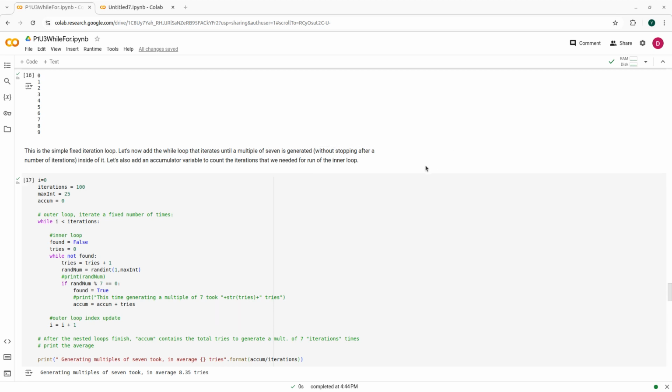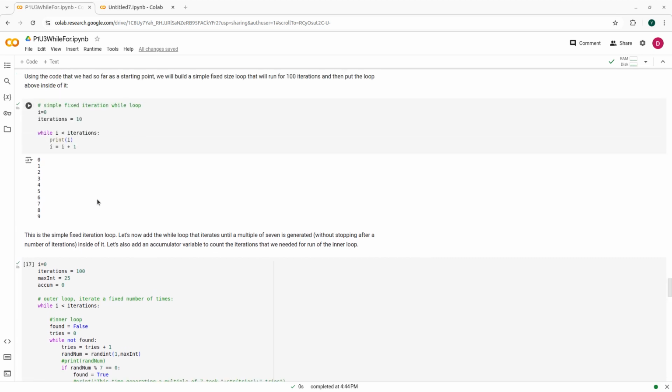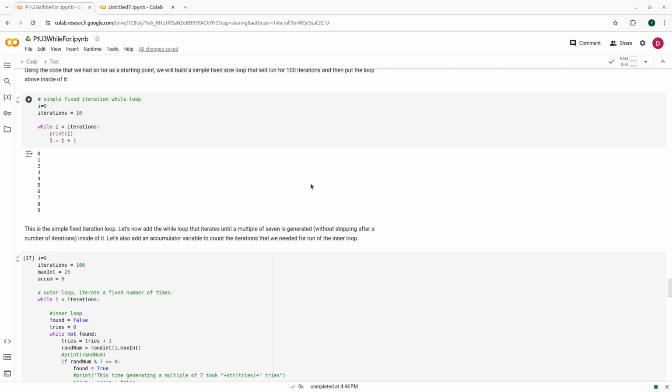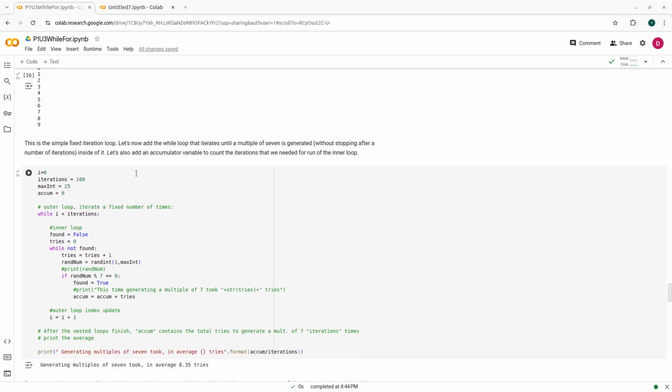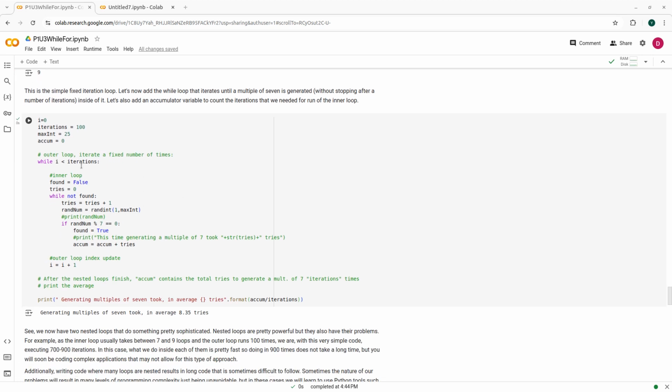combine the loop that iterates until a multiple of 7 is generated with a loop that loops for a fixed number of iterations, in this case 10 iterations, okay? Or in the case of this code, 100 iterations. So outside we have one loop that iterates 100 times, and inside we have that inner loop that iterates until I have generated a multiple of 7, okay? And every time what I do is that I count how many times it costs me to generate the number